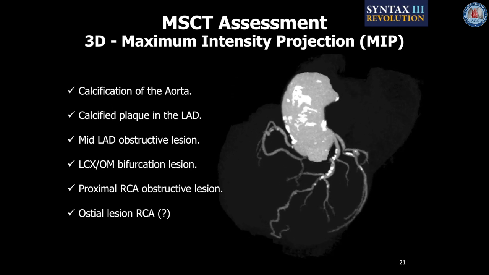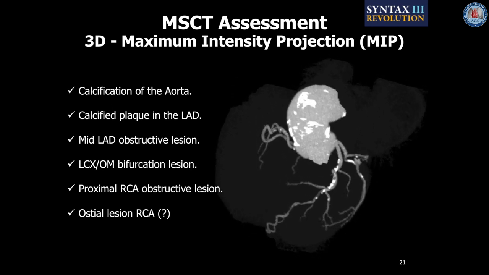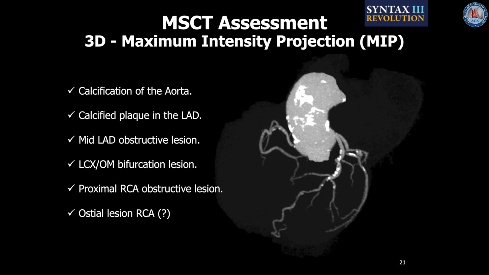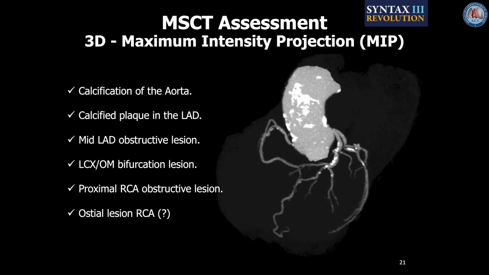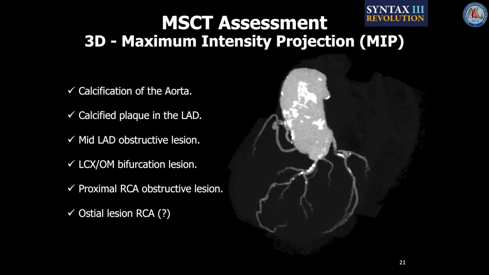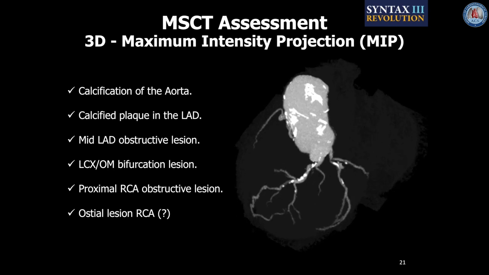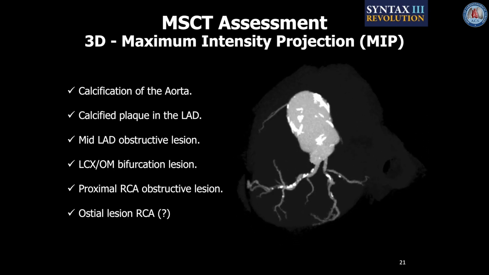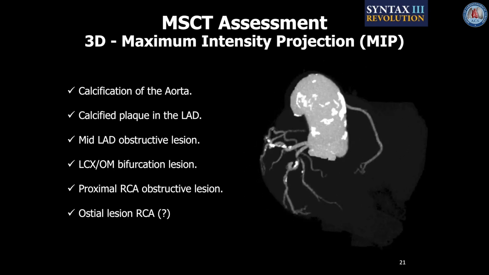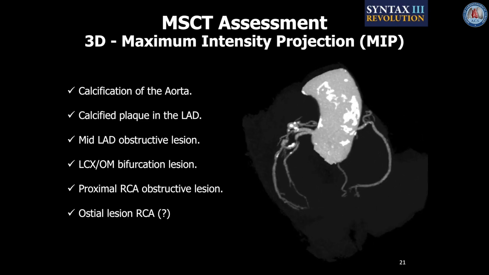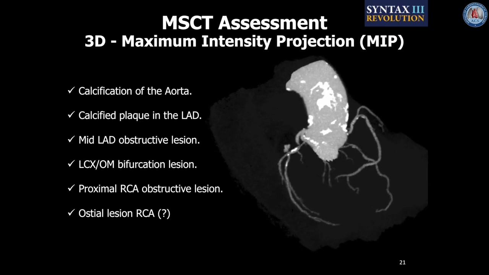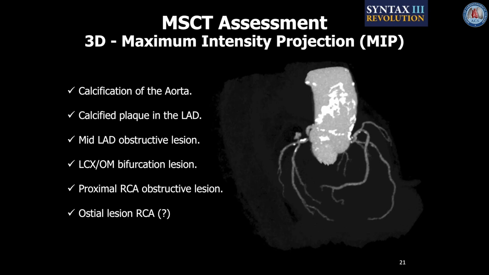And the first presentation was the so-called maximum intensity projection. You can appreciate the long narrowing here in the LAD. There is no problem in the ostium of the first and second diagonal. You see a very short main stem. The circumflex here is divided between the posterolateral branch and the circumflex itself, and there is a bifurcation with a Medina 111. You could see that there is an intermediate lesion in the proximal right coronary artery, and there is a